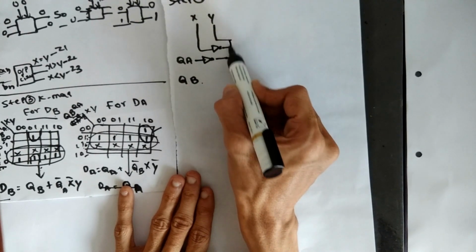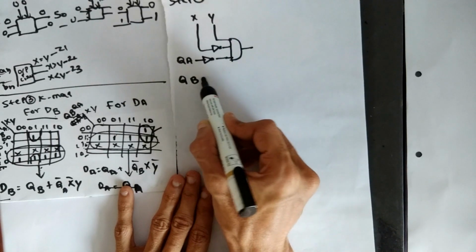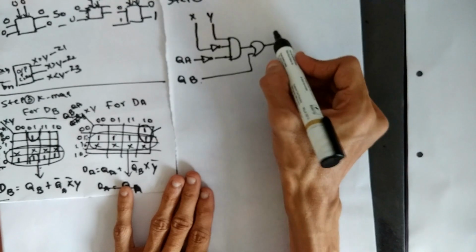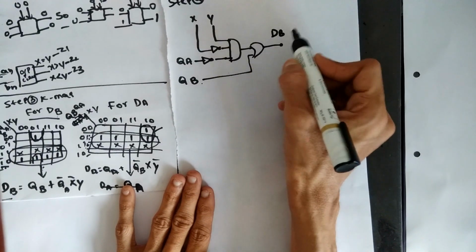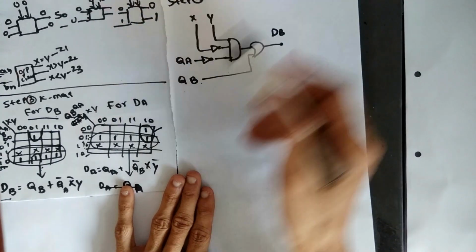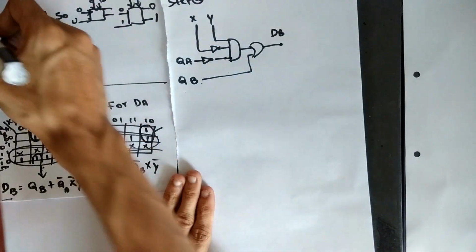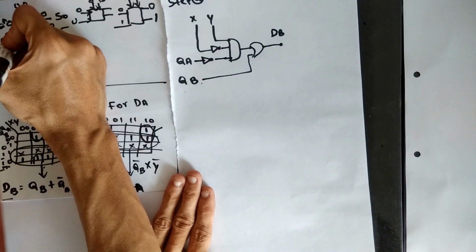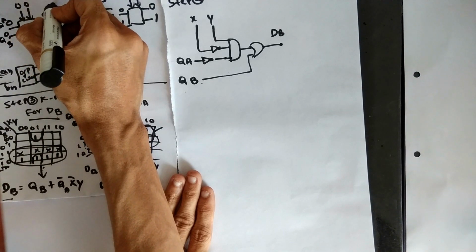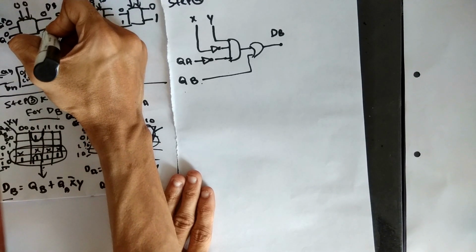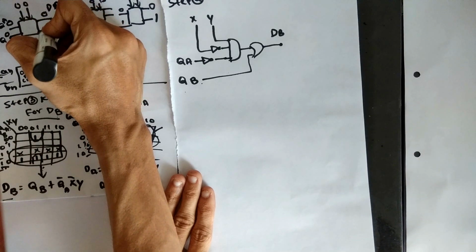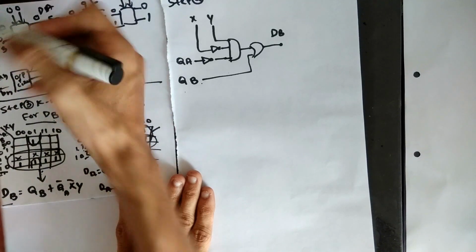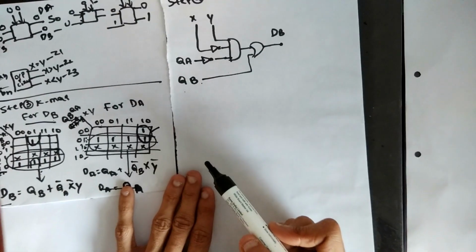This is all multiplication, so it is an AND gate, and QB is with this in an OR gate, and we are obtaining this. This is nothing but DB, which is QB plus the next term, or we can call it B plus. So here this one is QA and this one is QB, and this one we are taking as DB, and this is DA and DB. For a D flip-flop, whatever input you give, the same output you will get. For that reason we will take it like that.